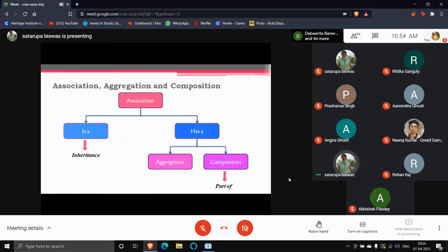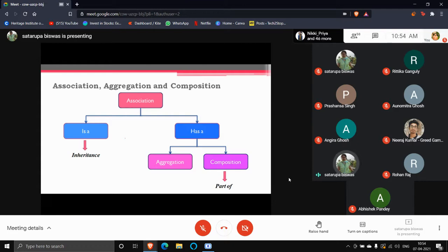One is aggregation, another is composition. Composition is also known as the part-of relationship. So has-a is when the amalgamation is less. We can say the department has a student, the department has a teacher. These are going to be examples of aggregation.